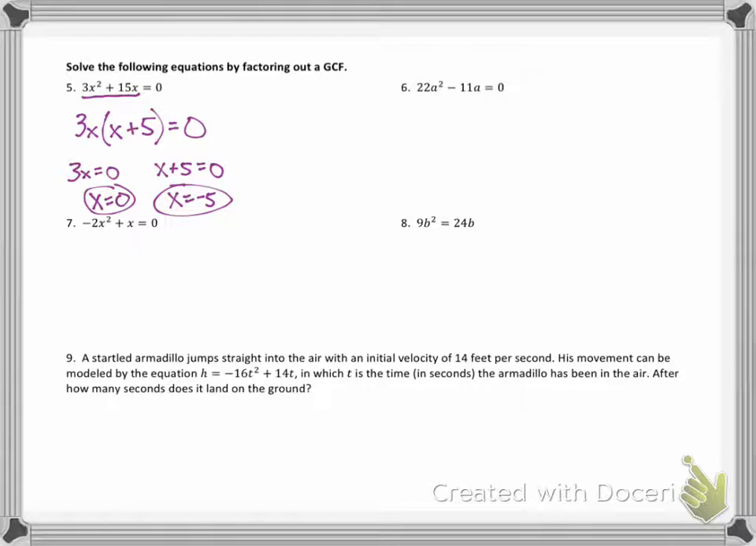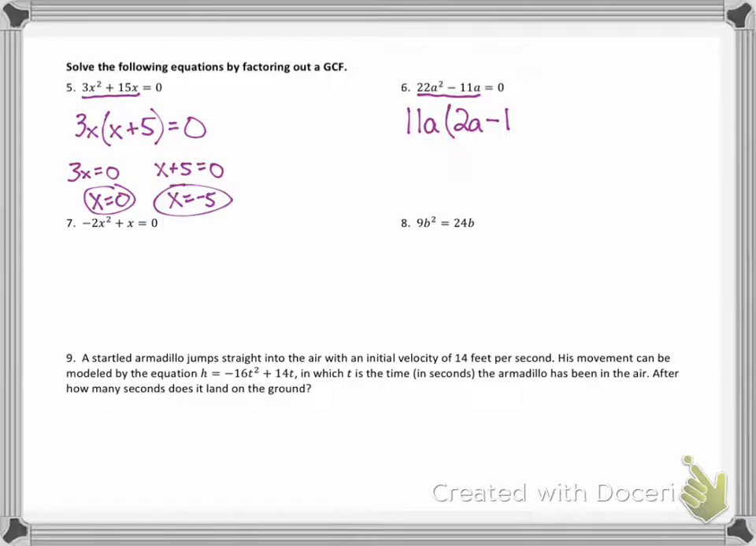Number 6, we're going to do the exact same thing. I'm going to focus on factoring apart 22a squared minus 11a first, and then we'll go solve. So the greatest number I can divide out of both of those terms is 11, and variable-wise I can take out an a. What's left over? If I divide 11a out from the first term, I'd be left with 2a. If I take 11a out of the second term, I'd have a negative 1, because the 11a's would cancel, but